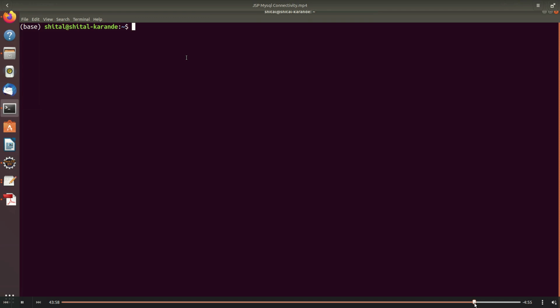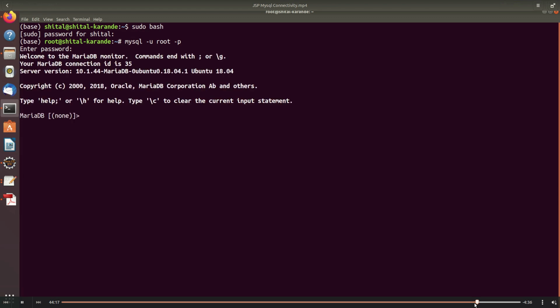So for that, what I want to do now is, for the root user, I want to give all the rights to another user, the database that I have created. So the root user is creating another user here.